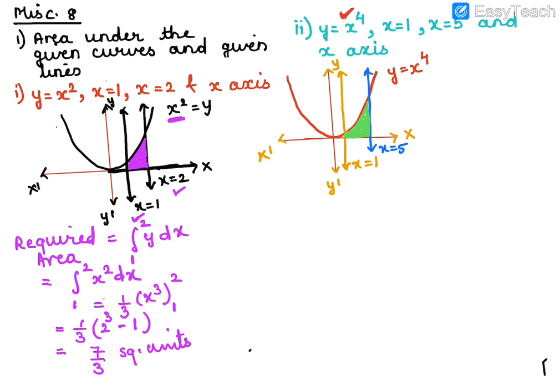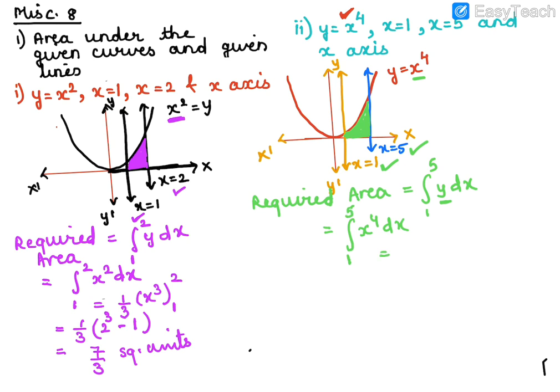And therefore, required area, again you can see that the limits are in terms of x. x is equal to 1, x is equal to 5. So that's equal to y dx, limit is 1 to 5. Why am I writing y over here? Because y can be written as x to the power 4 dx. Limit is 1 to 5, and therefore this is going to give you x to the power 5 by 5. Limit is 1 to 5, and when I do that, I'm going to get 1 by 5 and 5 to the power 5